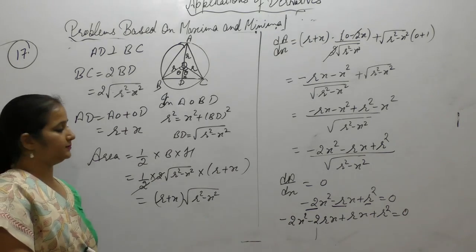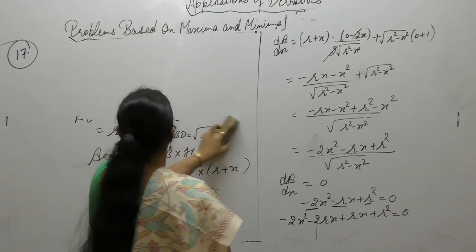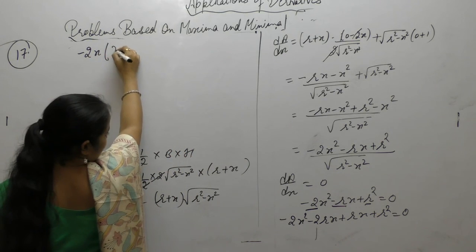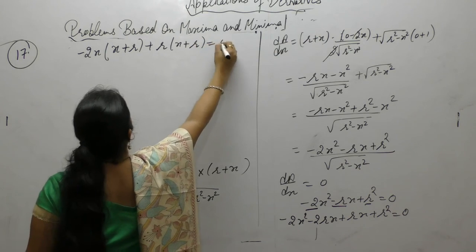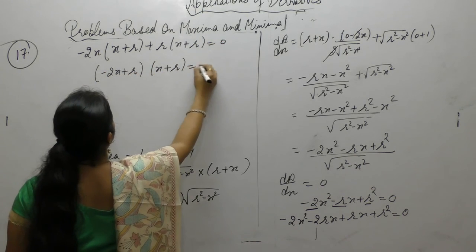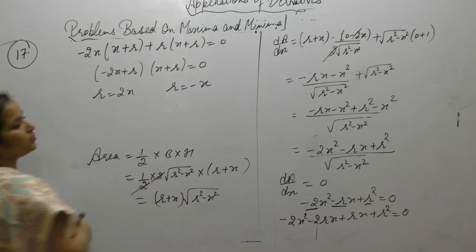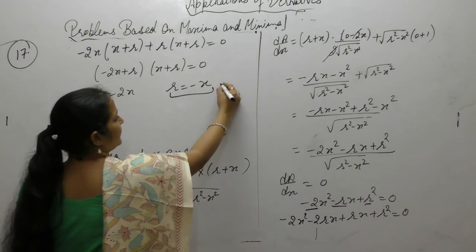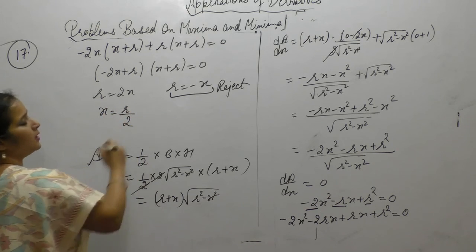Note up to here. Now take common. Minus 2x is common. x plus R is common. So we get minus (2x plus R)(x plus R). So R is equal to 2x or R is equal to minus x. But radius will not be negative. Therefore reject this case. We get x is equal to R by